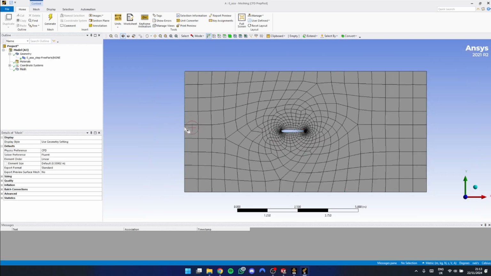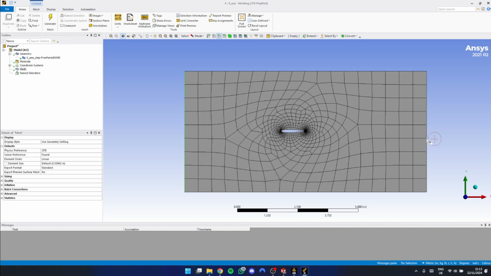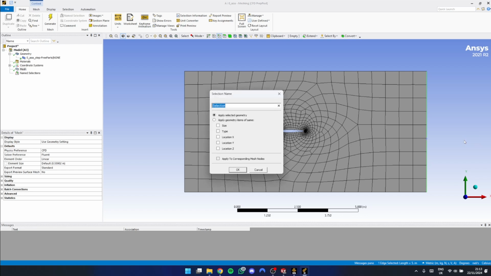So you need to assign inlet and outlet, assign the top and bottom as symmetries, and give our airfoil a name. So go on the top right here, go on edge selection, and once you've selected the front edge, as you can see it's highlighted in green, just press N on your keyboard and name it inlet. Go on the back edge, press N on your keyboard and name it outlet,